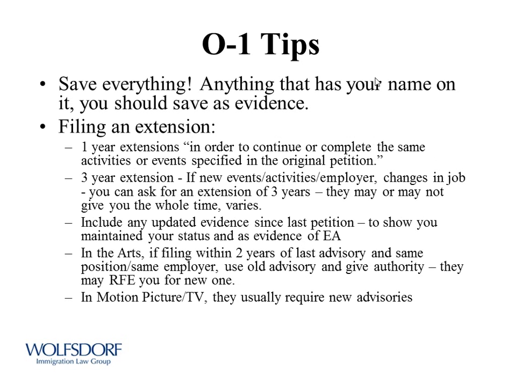You want to include as much updated information as possible, and then you want to look at the advisories. I know it's an added cost. So in the arts, for instance, if you're filing within 2 years of the last advisory, you can use the same one. In motion picture TV, they usually require new consultations or advisories, and I know they cost money because of what they've done now, for instance,